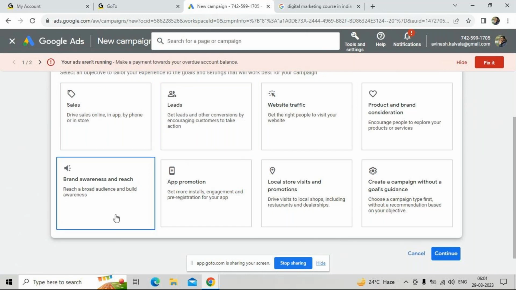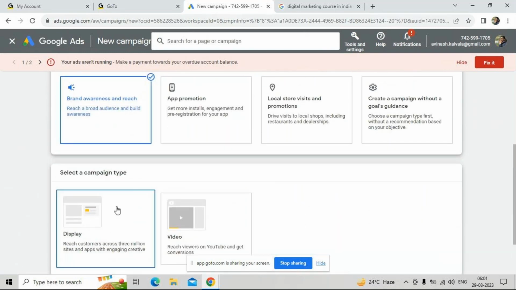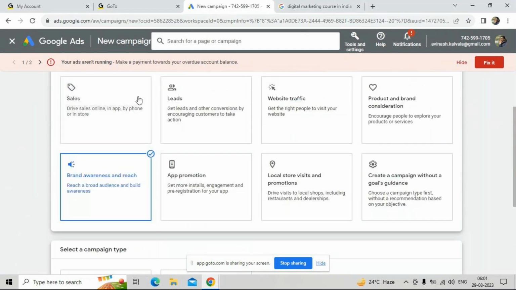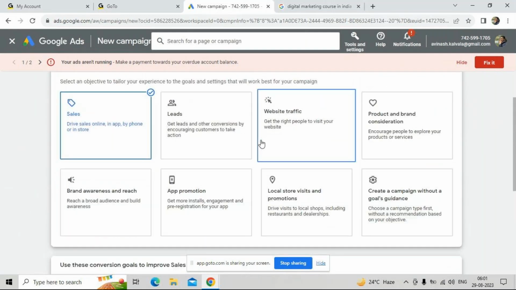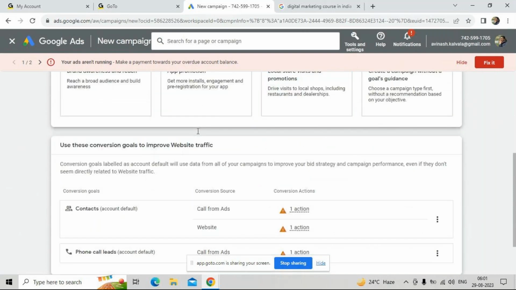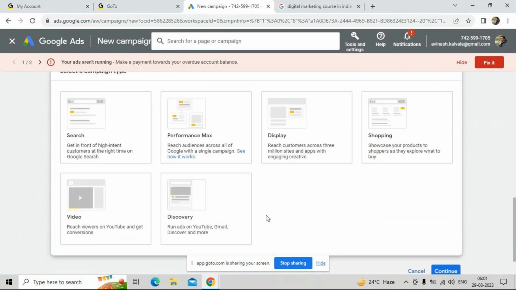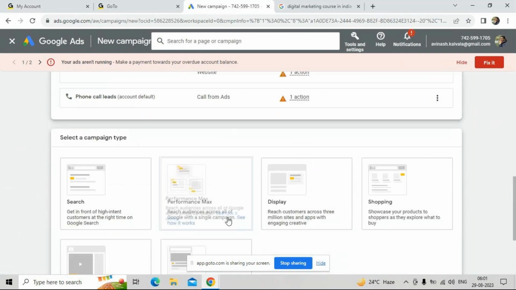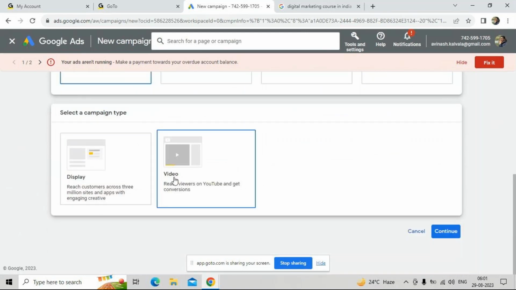Let's say I will pick brand awareness and reach. Now under brand awareness and reach, we are not getting a search campaign. We are getting only display and video. If I select sales, or website traffic, here I'll get everything: search campaign, display, video, shopping, everything under sales too. But when it comes to brand awareness and reach, I'm getting only display or video,